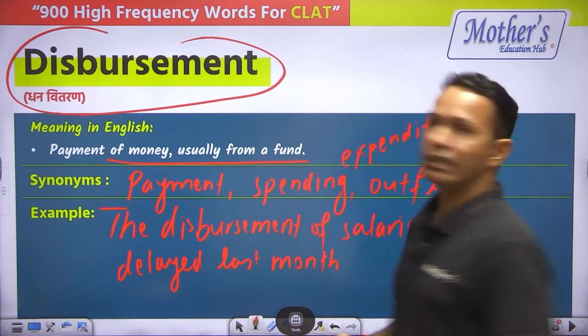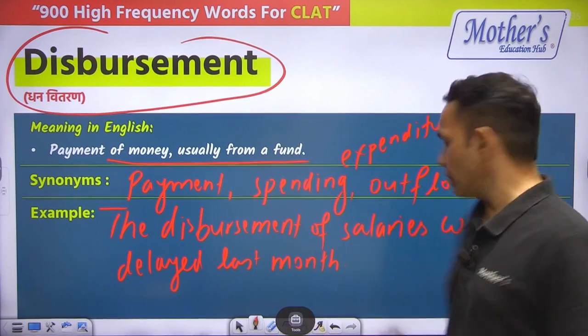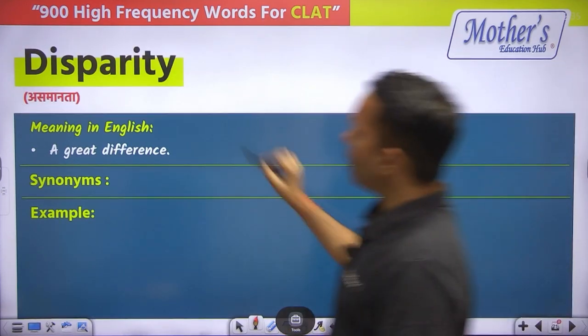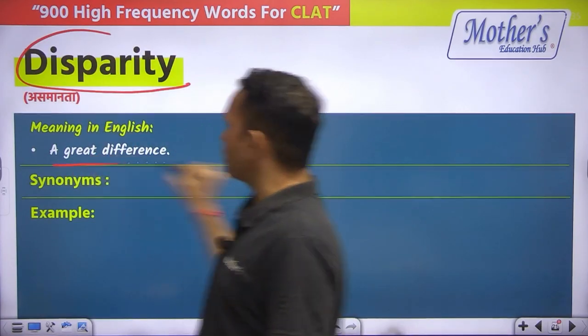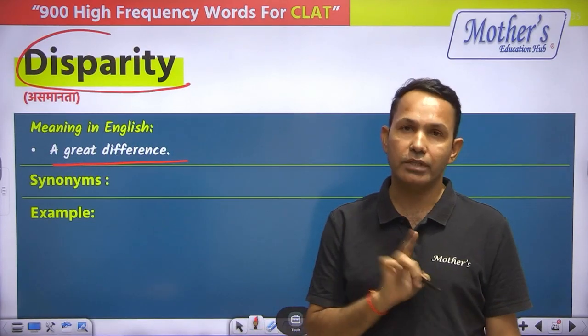So that was the word disbursement. Let's move on to the next word. Our next word is disparity. Disparity means a great difference. And similar words are